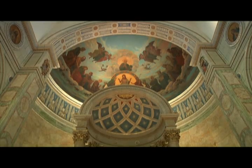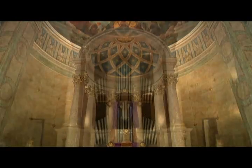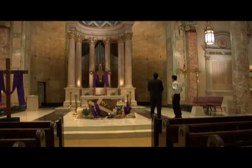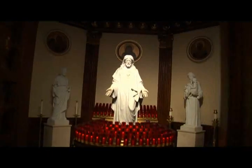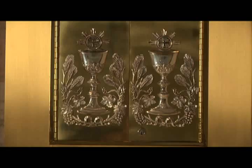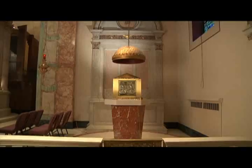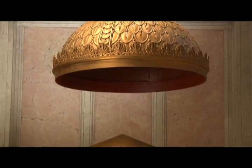All right, talk to me a bit about the altar and some of the things we're seeing up here. Sure, some of the liturgical renovations that we did in 2001 include the movement of the tabernacle. The tabernacle was under a statue of the Sacred Heart that sat in that niche there. And so we moved the tabernacle out. We used the original doors of the two tabernacles that were on either side here. And we built that pedestal, and actually that baldacchino over the tabernacle was originally the cover of the baptismal font. So we felt it was a beautiful...